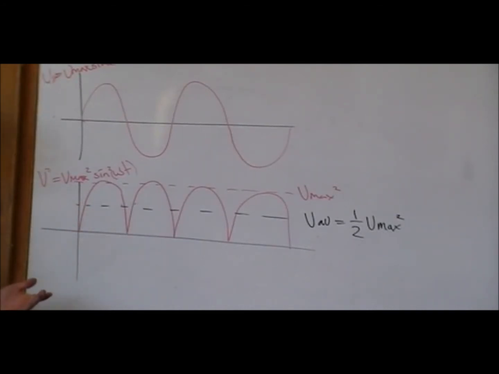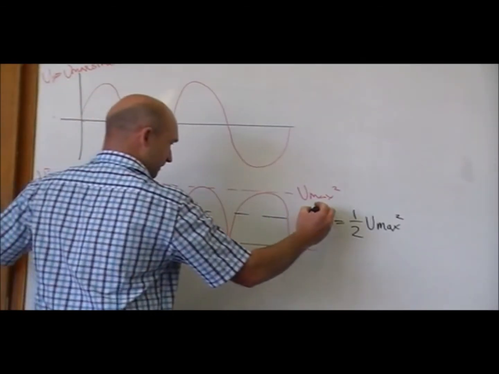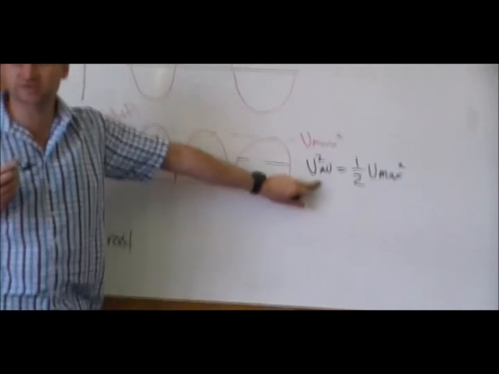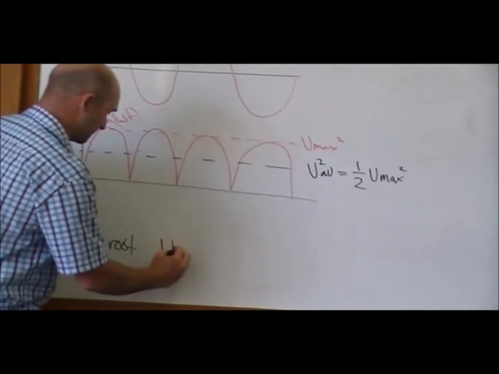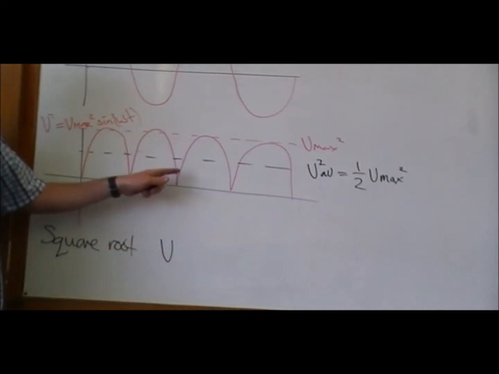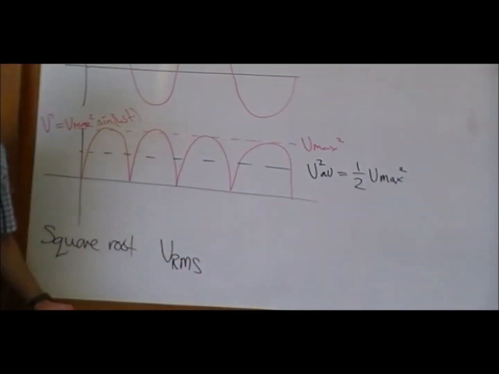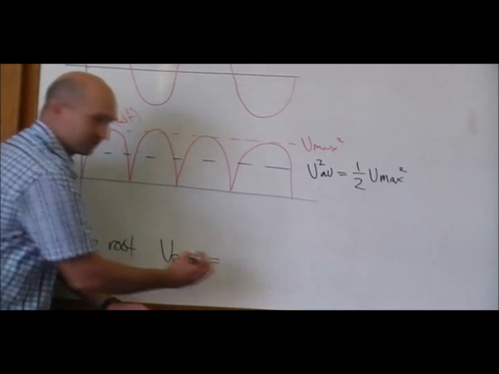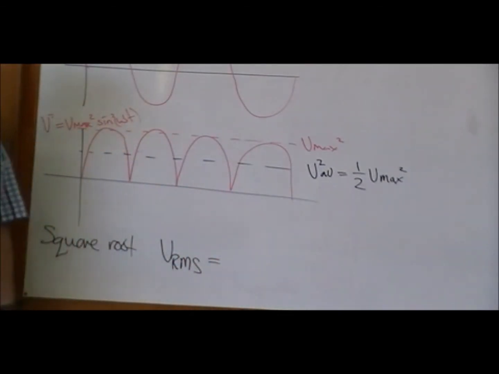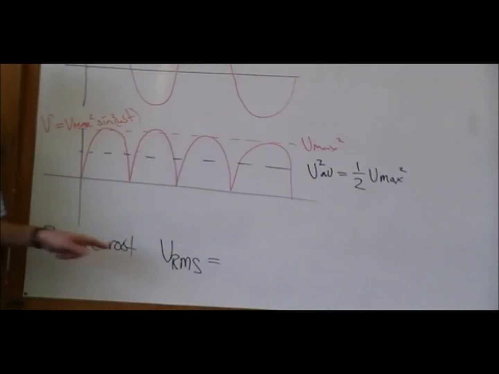So what should we do? Square root it, obviously. So that was V squared average. Should we call it root mean square? Because we're taking the root of the mean of the square. So V RMS, V root mean square. This is the root, we're doing the square root of the mean, and mean is the average, of the square. The root mean square voltage